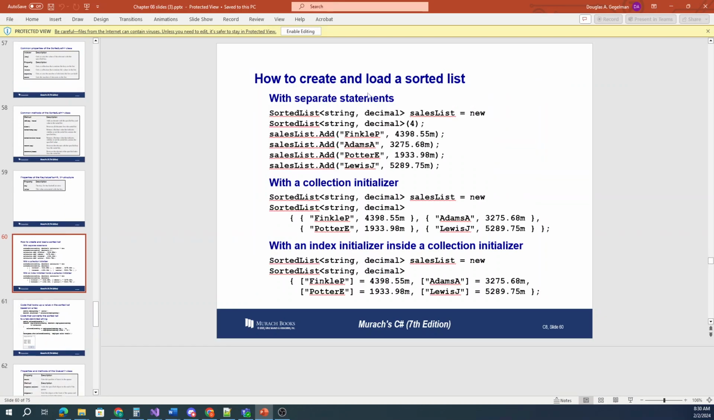How to create and load a sorted list with separate statements. So instead of just a list, now we call it a sorted list. And we have a key and a value. Our key is going to be a string. Our value is going to be a decimal. We give it the name of sales list. We say new sorted list, again a string and a decimal, and we set the capacity, or the list size,